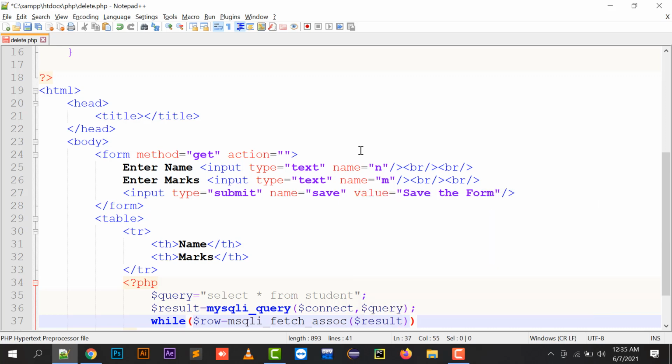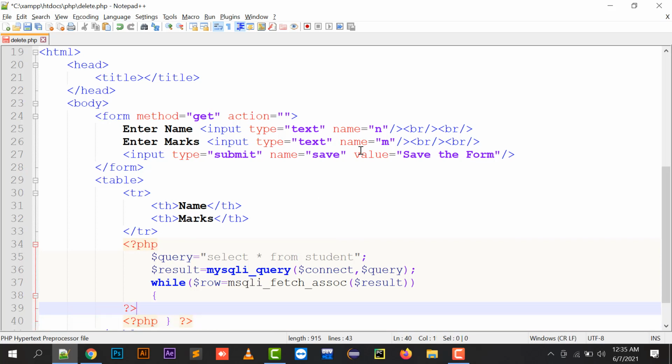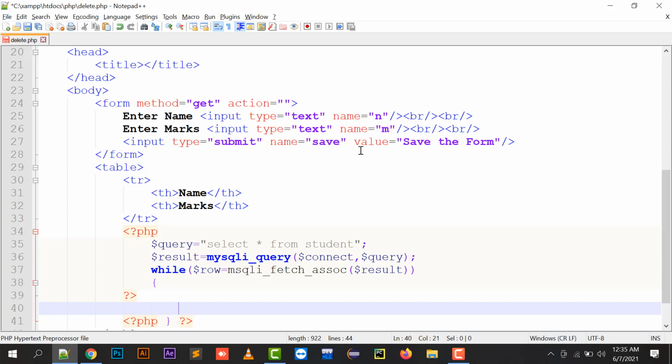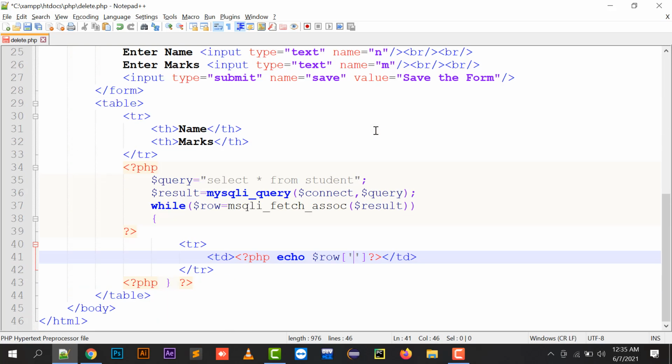Then after that, we are going to do the delete stuff on our database. So here I'm going to display echo. We have a row name and marks.